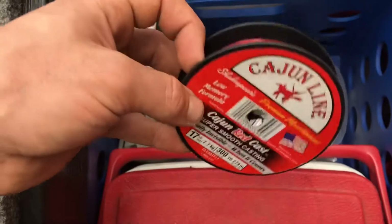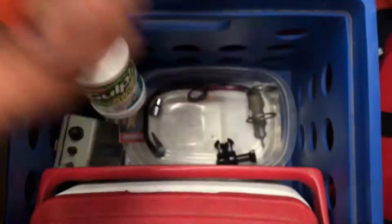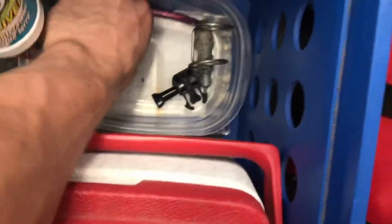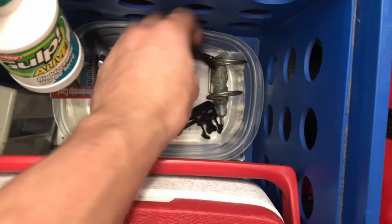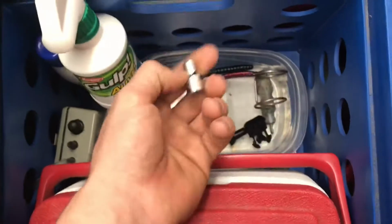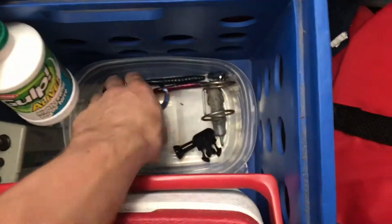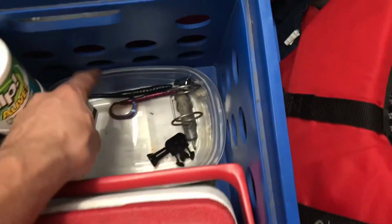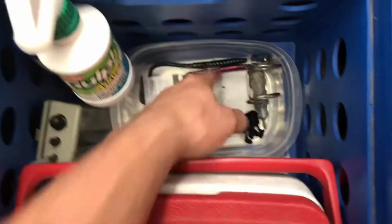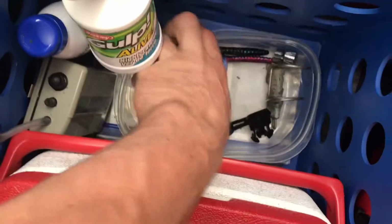This is 17-pound. Some extra sunglasses, which actually these are really crappy. I just need to get rid of these. GoPro mount. Some worm soft plastics I don't feel like putting back in the tackle box. This is in here for a reason, and I don't remember why, but I don't want to take it out because I feel like if I do, then I'm gonna need it and get mad at myself for taking it out. This is just some random stuff again, some sunscreen, live well pump right there, and then underneath this is